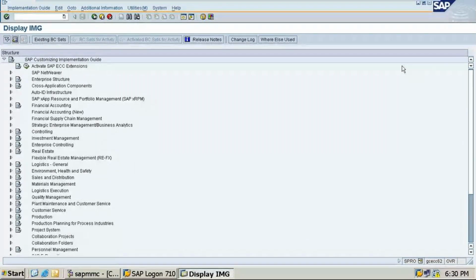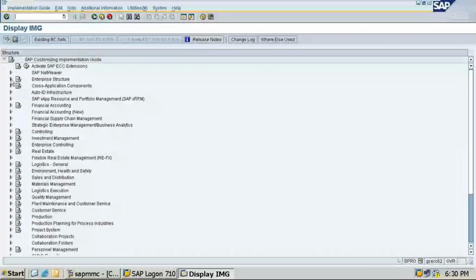Okay, so that is the thing. Now here you have to go to Enterprise Structure. Are you all getting Enterprise Structure?